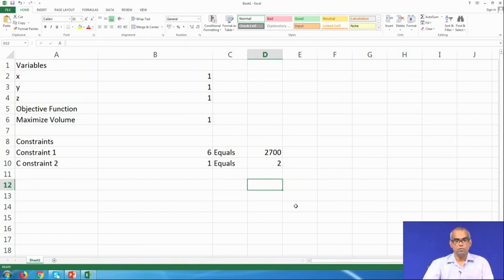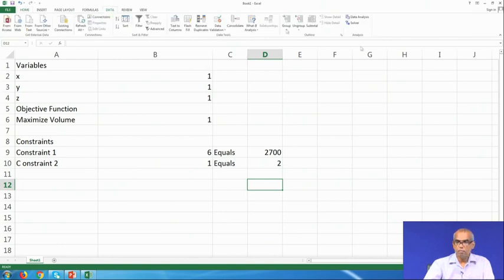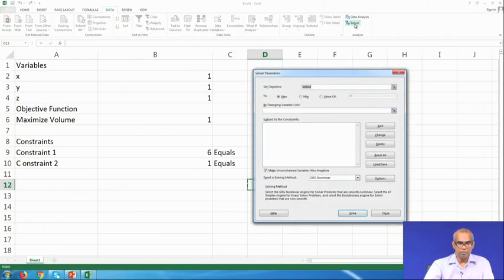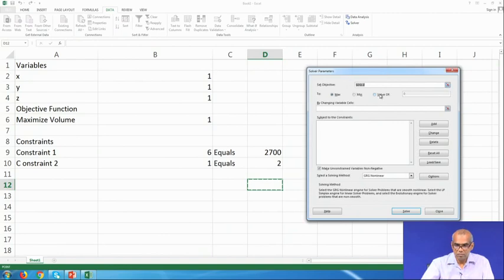So, we are now done with the problem setting. We are now ready to solve. Hit the data tab, click on the solver. Set objective. Objective is available under B6, click on B6. We are maximizing the volume. So, click on max button.